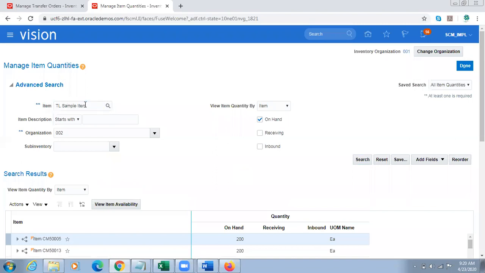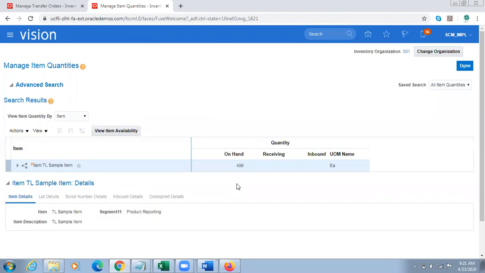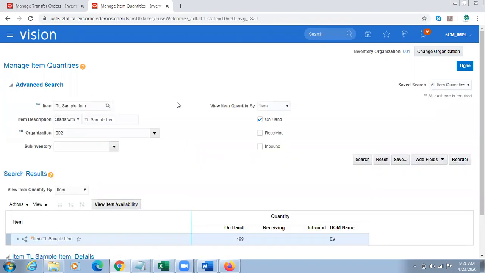002. Zero zero two should be C here. 499. Okay, but that one is not displaying in